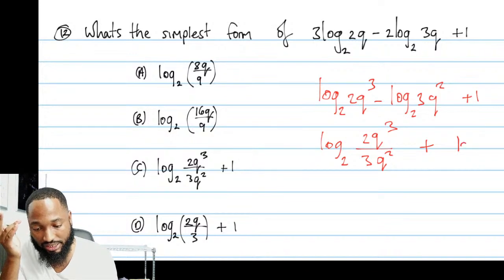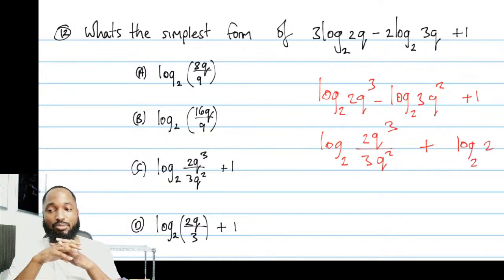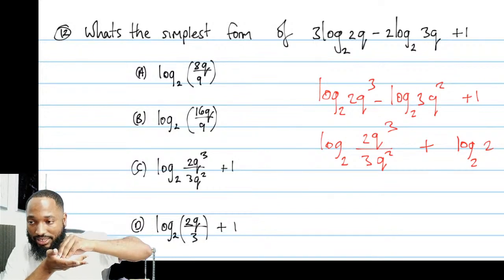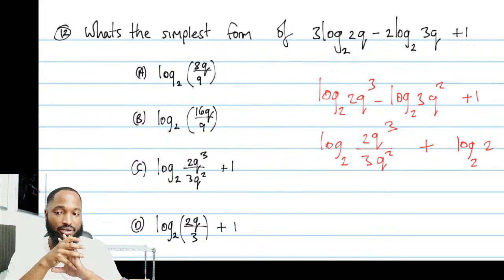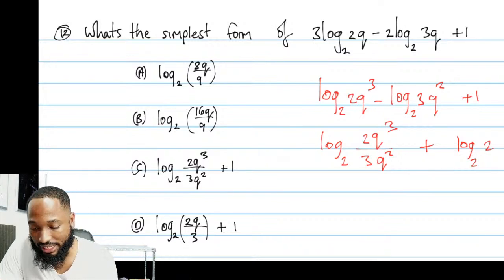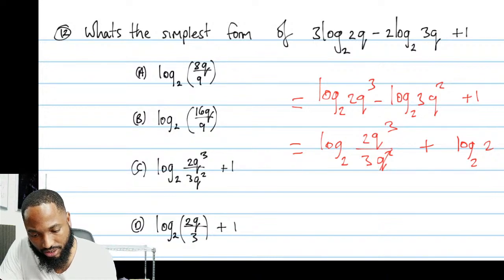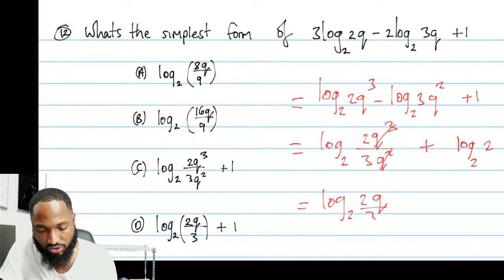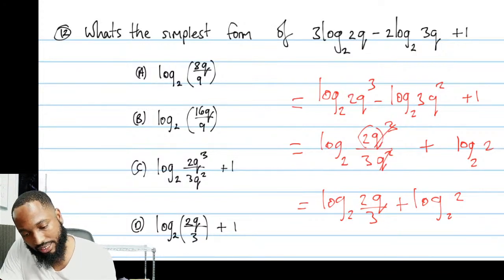This is the trick with logs. You can say log to the base 2 of 2 is the same as 1. So you're hitting the same base and you just put the number there. And now we can do some more gymnastics again. But before we do them gymnastics, let's get rid of this. You see this is q squared and this is q cubed here. So this is actually log to the base 2 of 2q over 3 plus log to the base 2 of 2. Hey, I'm supposed to cube this whole thing. Back it up.